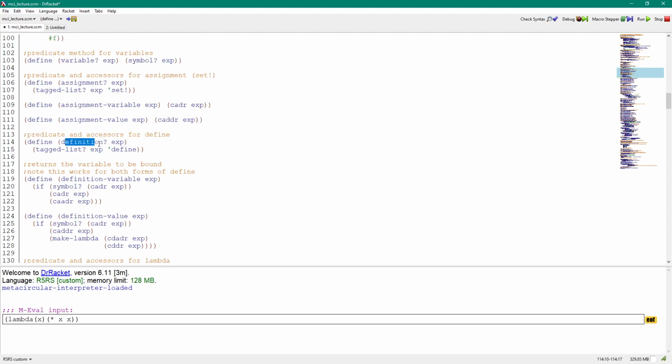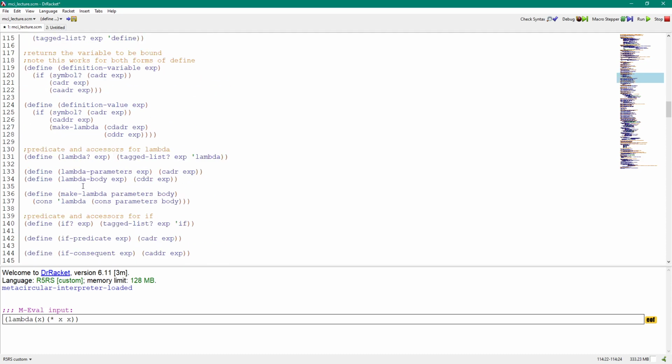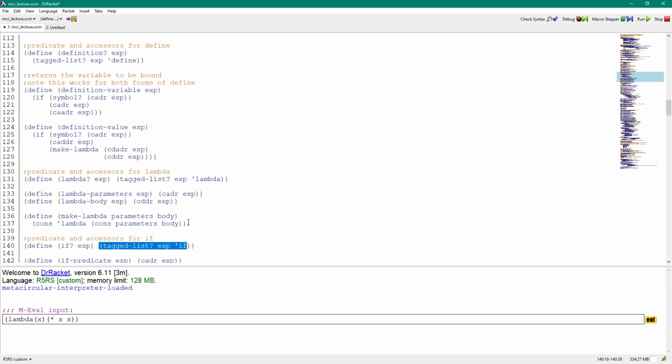And you can see all the different predicates depend on it. So assignment depends on tagged list starting with set, definition with define. There's if. Is it a tagged list that starts with the keyword if? Okay, so all these different predicates for determining is this a certain kind of expression, and then again, that just boils down to, is it an expression that starts with this keyword? Okay. So the other accessors that are out there,